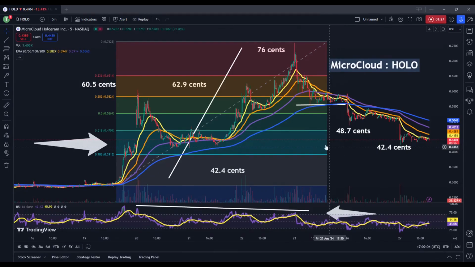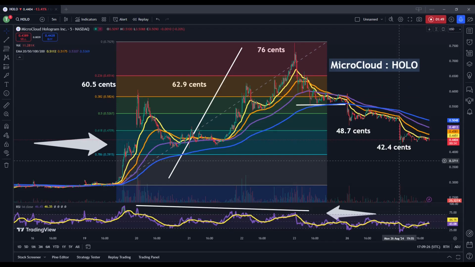Essentially, share prices have fallen through some very important Fibonacci retracement levels, which now give us an idea of where share prices are likely to extend going forward. The most recent price action has developed lows coming in at 42.4